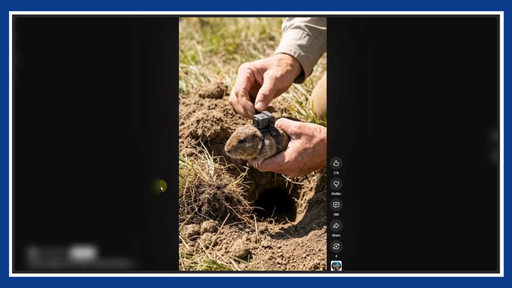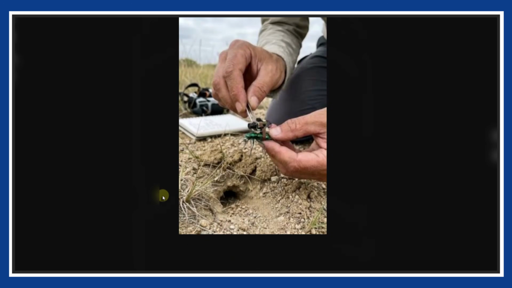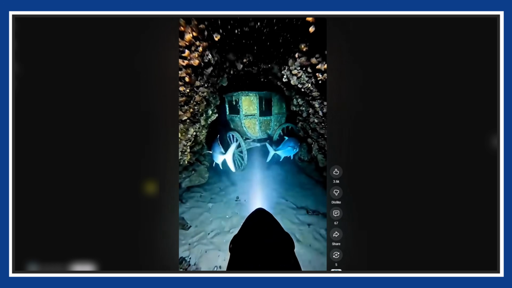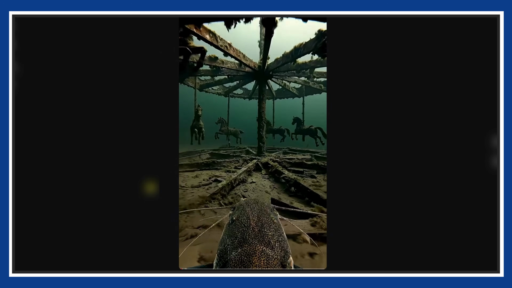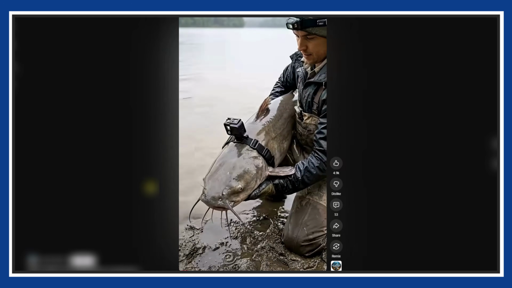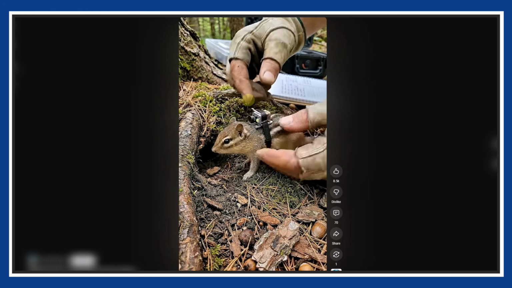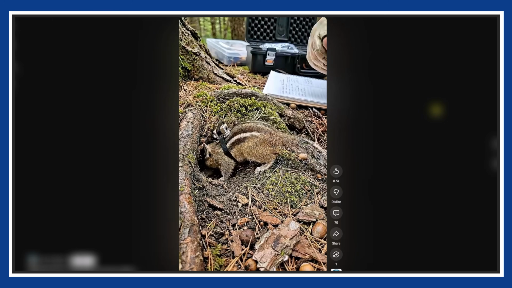And what are they posting? Just simple videos of animals wearing tiny action cameras, then getting released to explore the world. You literally see where they go, what they run into, and what they discover. It feels raw, it feels immersive, it feels like you're watching something you were never supposed to see. And today I'm going to show you exactly how to create this style of content 100% free, no paid tools,